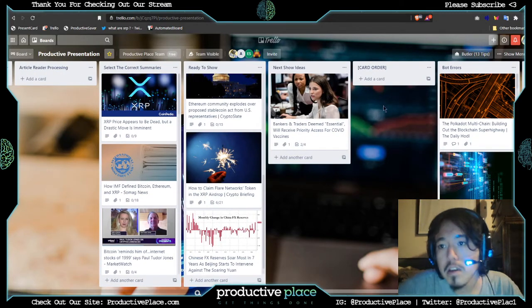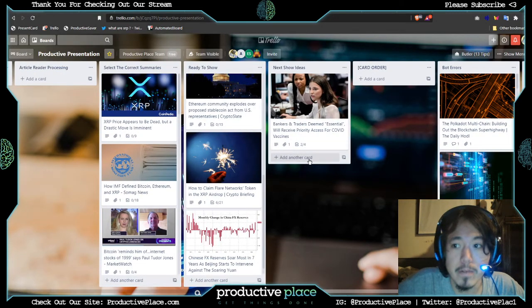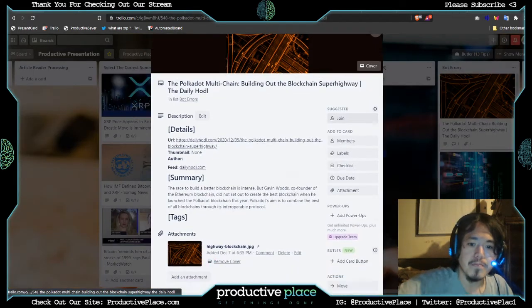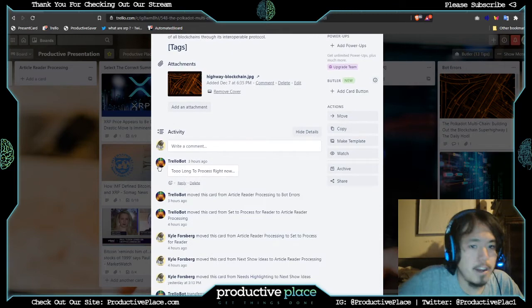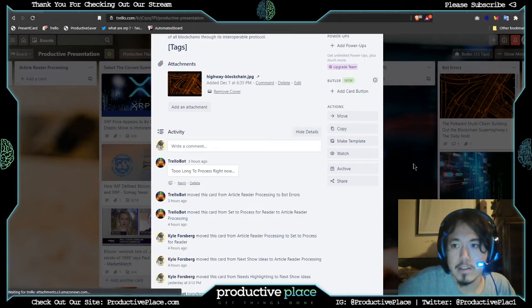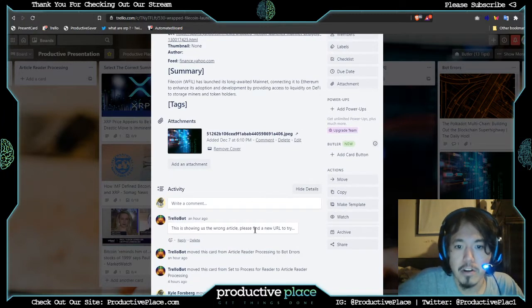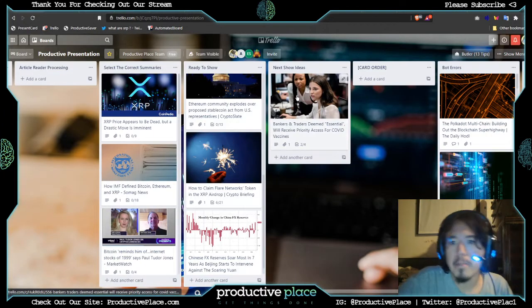Also, if you see the card disappeared and you couldn't find it, it probably went into bot errors. And if you click on the card, it will give you the error. So this one is too long to process right now. This one here says this is showing us the wrong article. Please find a new article to try. So then